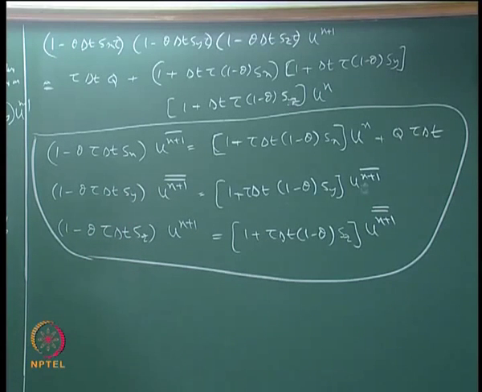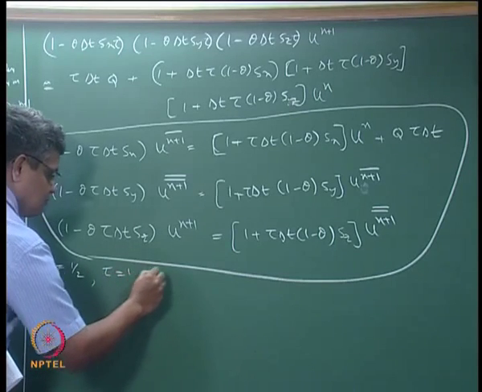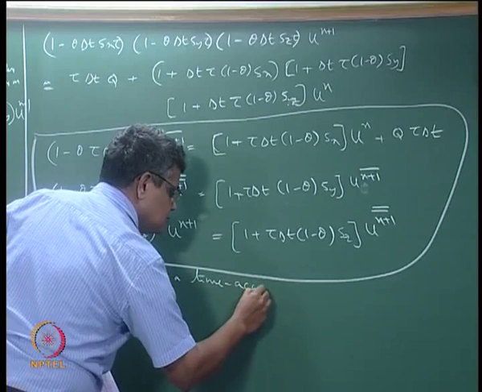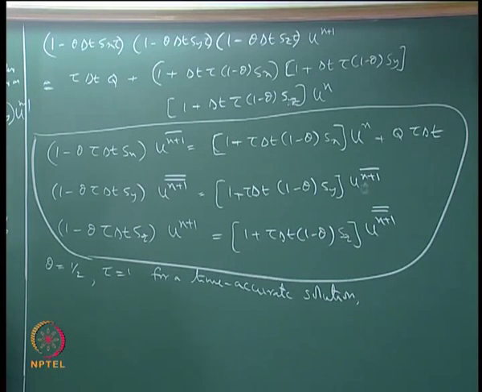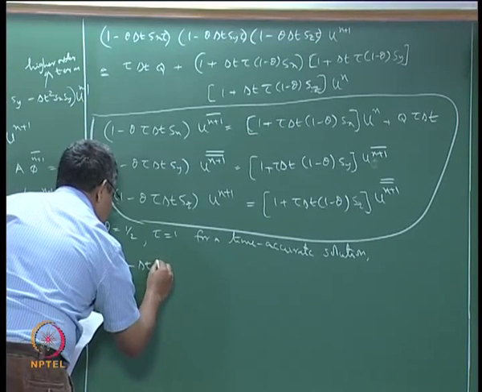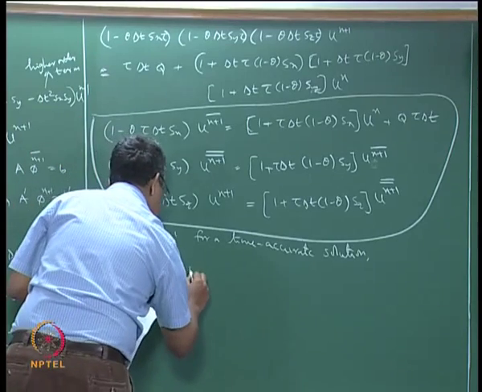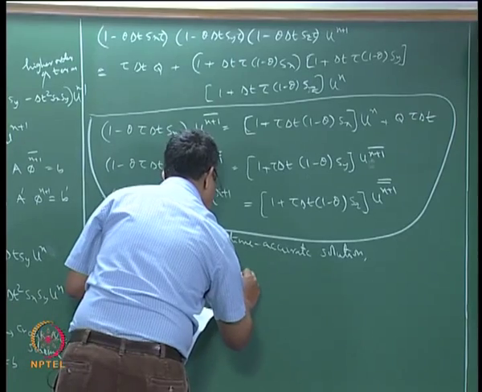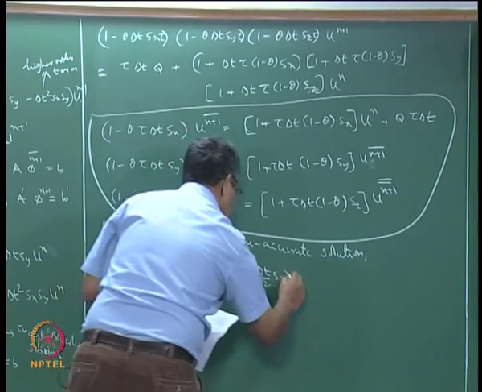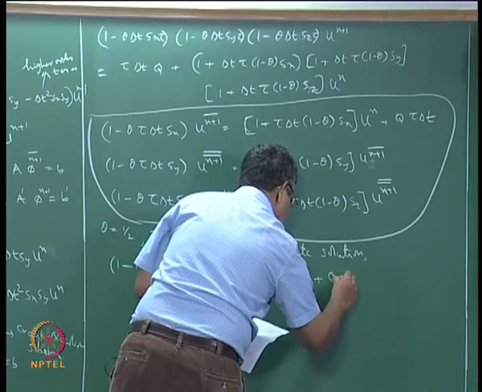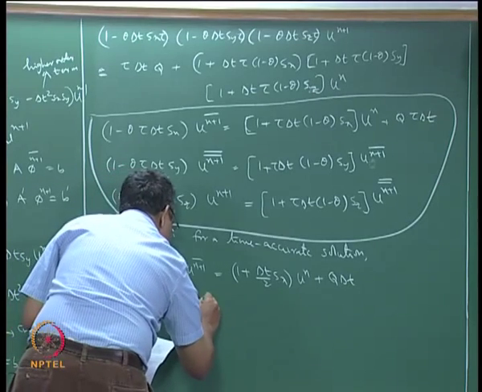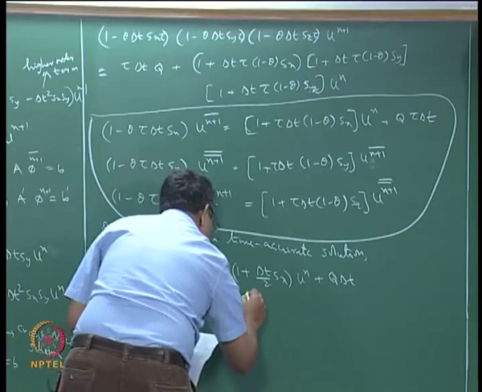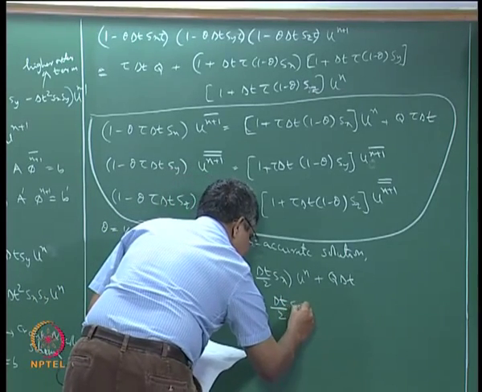And for the specific case of the Crank-Nicolson scheme, where theta is equal to half and putting tau equal to 1 for a time accurate solution, we get the overall equation like this in much simpler form. Δt by 2 Sy